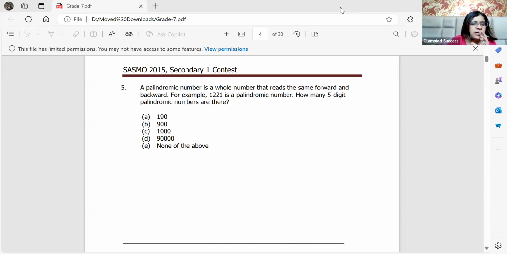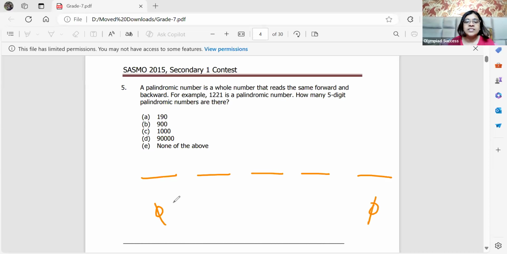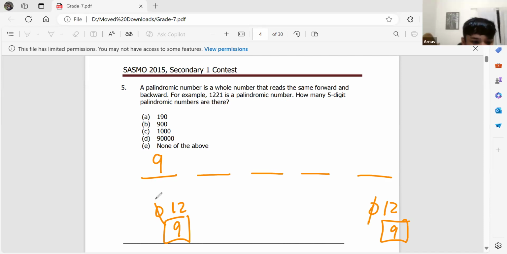But look, don't you think that there are only nine possibilities for the 10,000 digit? Because the 10,000 digit and the ones digit have to be the same, correct? And at the same time, they cannot have zero, because if you have zero in the 10,000 digit, it will no longer remain a five-digit number. So how many possibilities do we have here? I'll just write that down. I can't have a zero. Zero is excluded from both the cases. We can start and end with a one. We can start and end with a two. Like that, nine possibilities are there with us. Just exclude zero. So nine possibilities are there.